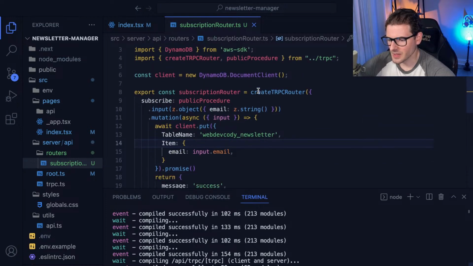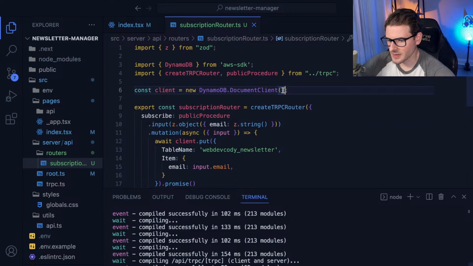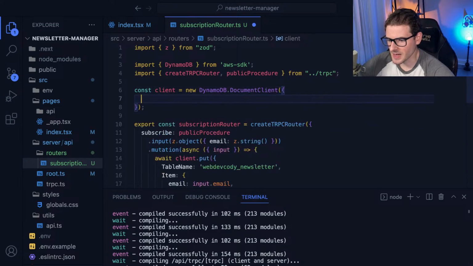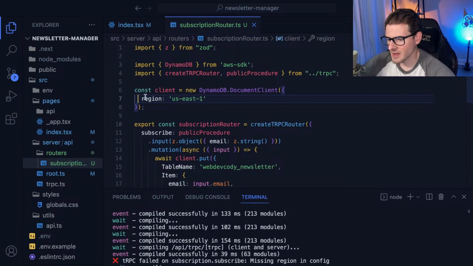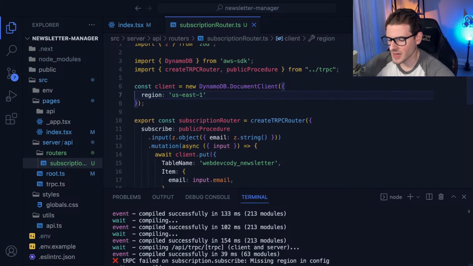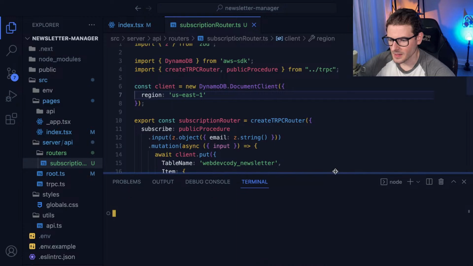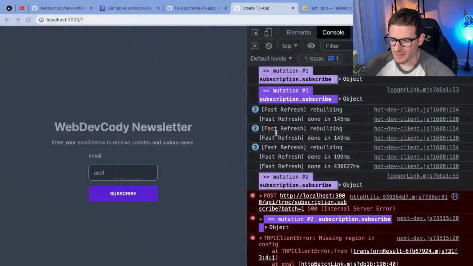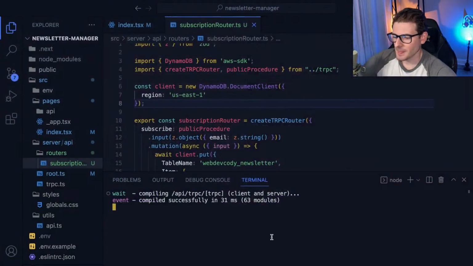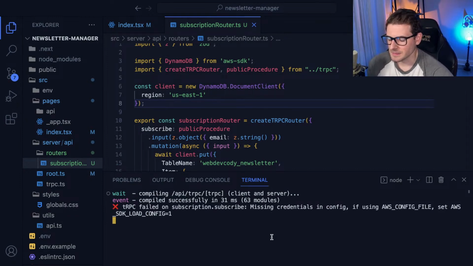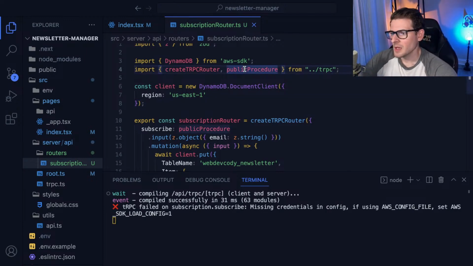Now the region and config thing, that's kind of not what I expected. I think typically when you're dealing with Amazon, you might have to say region. I'm just going to hard code the US East one right now, but you can have that come from environment variables, so you can have a multi-region setup. But again, we're going to keep this simple. So if I do it again, it should crash, but it should say there's no secure secrets. Yeah, missing credentials.